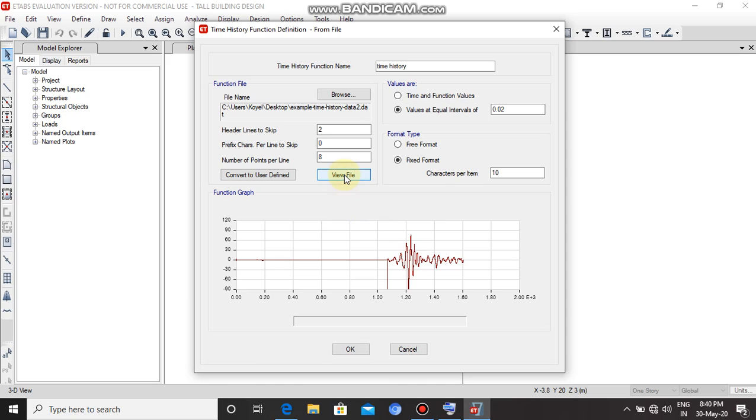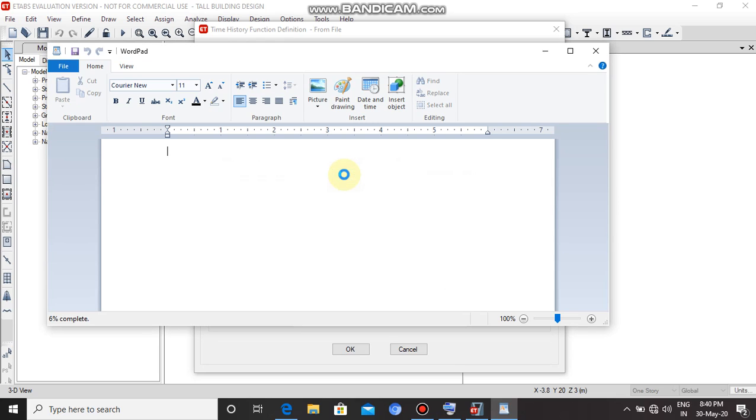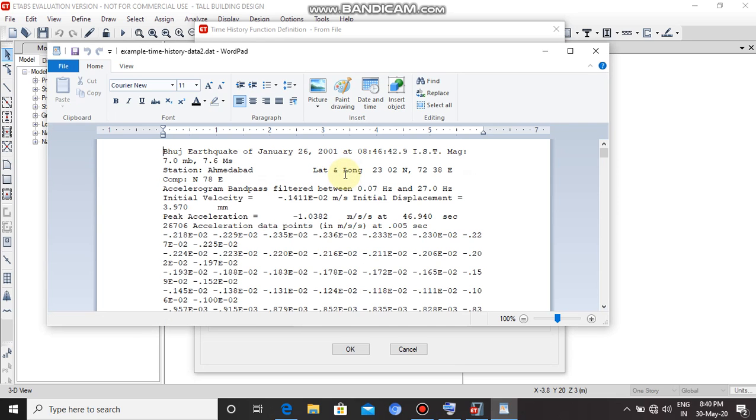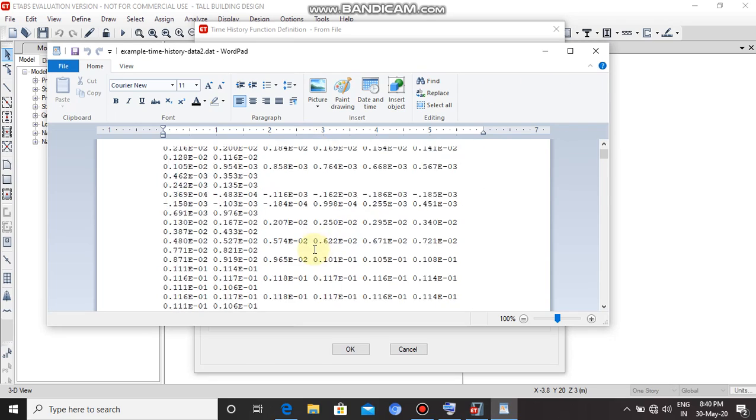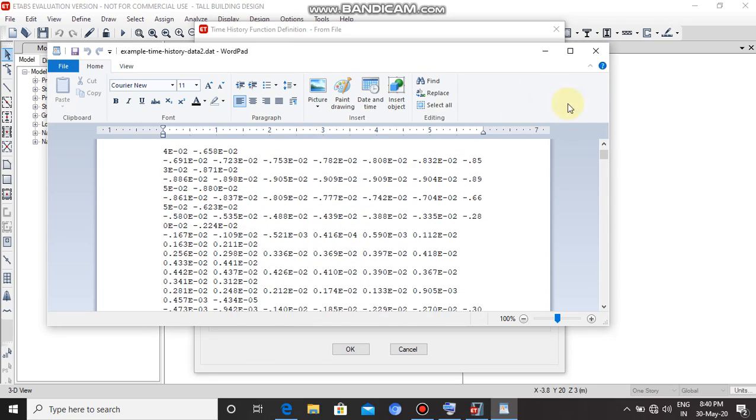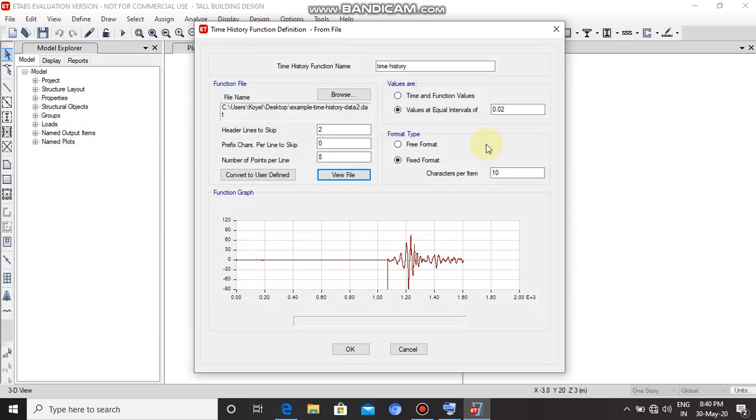Then click on View File. The header lines to skip will be 9. The number of points per line